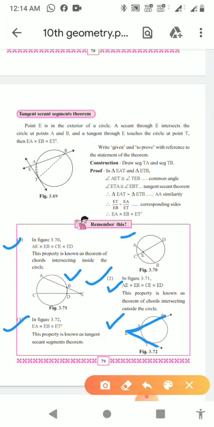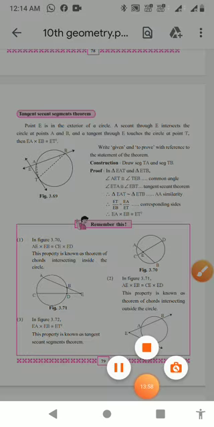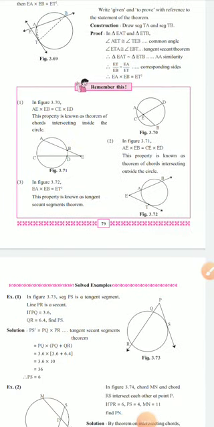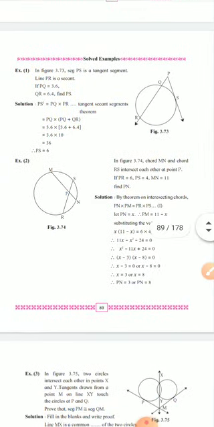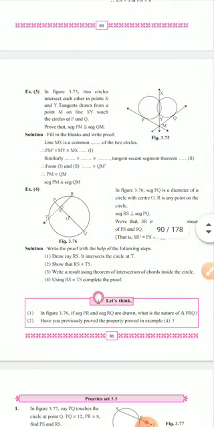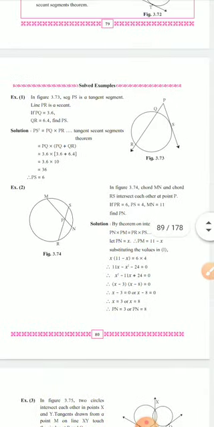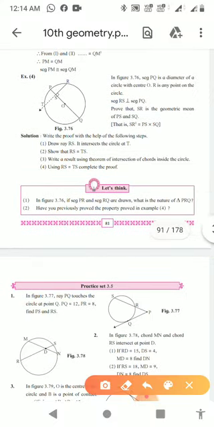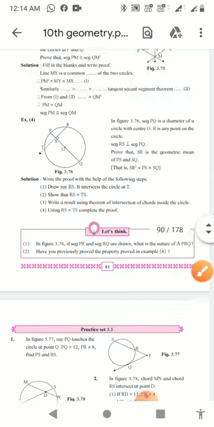We will first discuss the solved problems, and then we will solve each and every problem in detail for your last practice set. Now let us start with the solved questions first. In this section there are, I think, 4 questions which are solved. We will discuss them in detail, and then we will solve the practice set, that is 3.5. So before the practice set we will quickly discuss these solved questions.